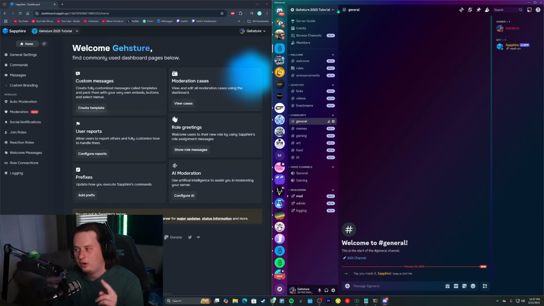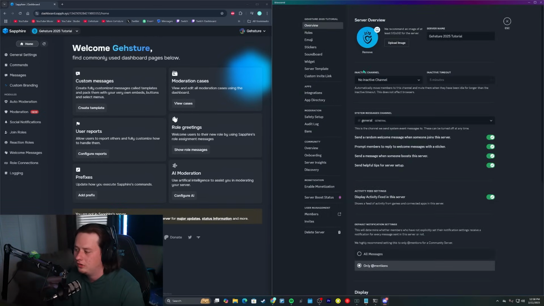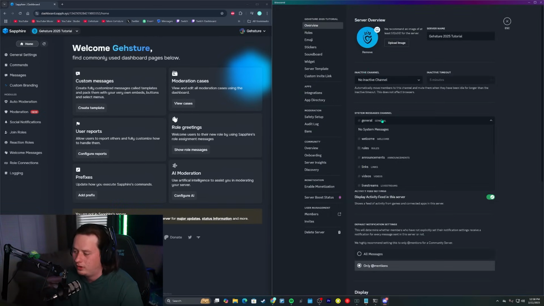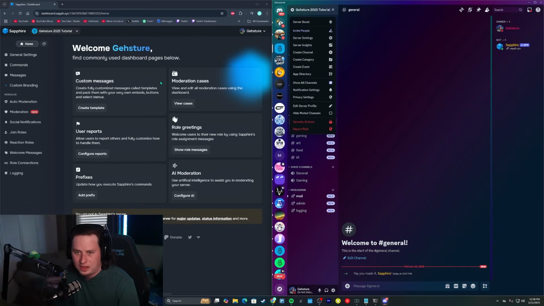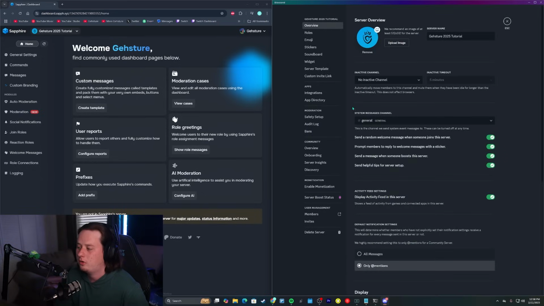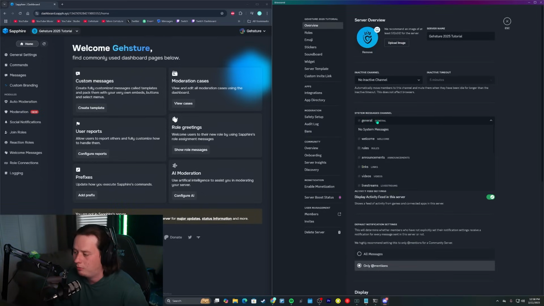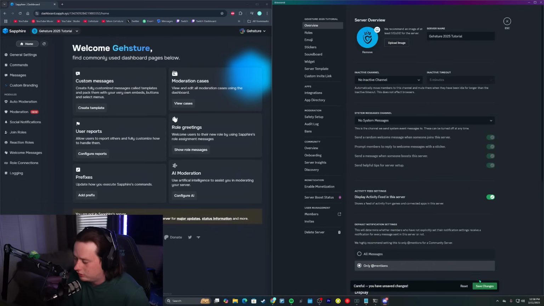And two more very small things we're gonna do before we set up the bot. We're gonna come back into our server settings. Our system messages, we're gonna go ahead and turn those off. That's basically where Discord itself will send these welcome messages and stuff. We're going to be setting that up over here with Sapphire. So in our server settings on the overview tab, we're gonna go ahead and set up no system messages,